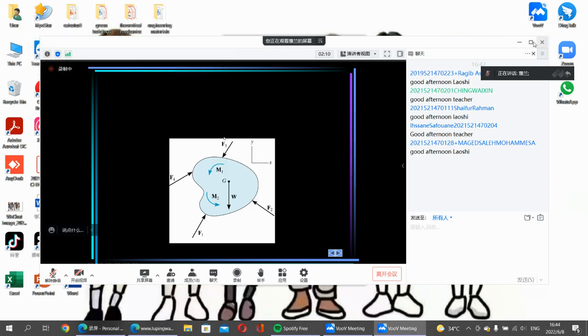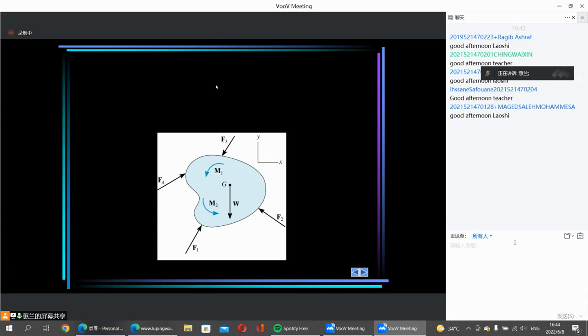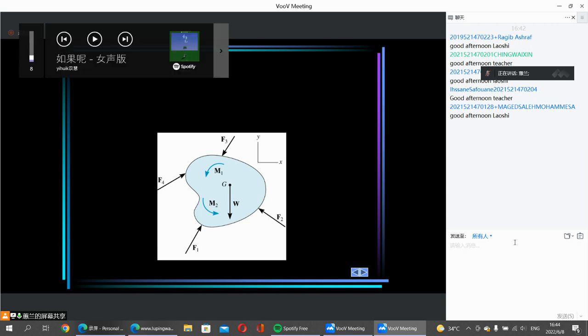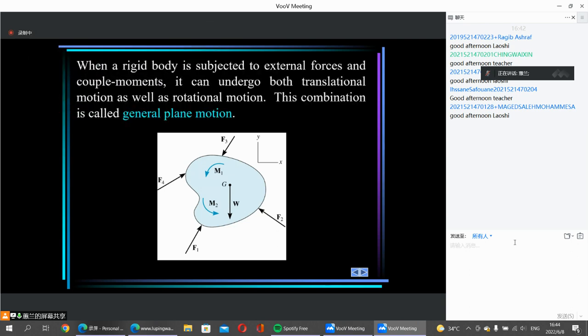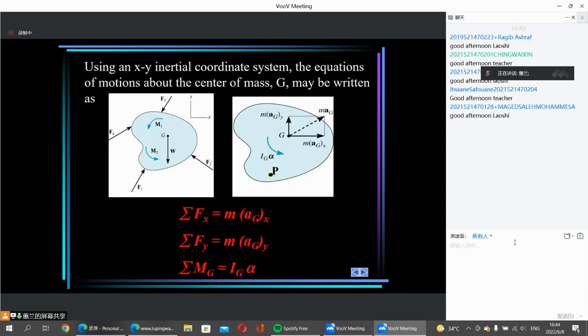Okay, we have studied the kinetics of translating and rotating bodies, and today we'll continue the learning of kinetics of a body doing general plane motion. And actually, no matter whether it's translation or rotation, it's a special case of general plane motion. And we know that for a rigid body, we can write down three scalar equations